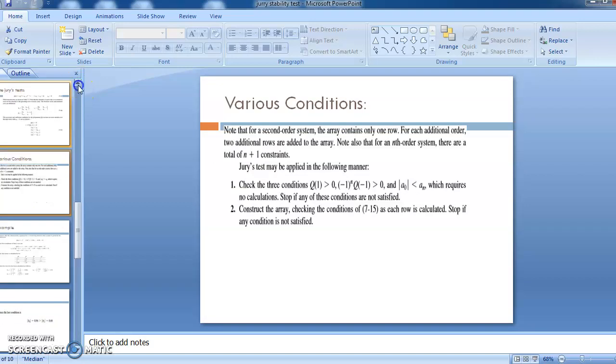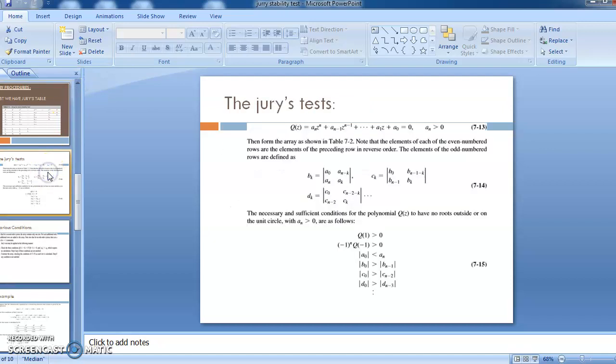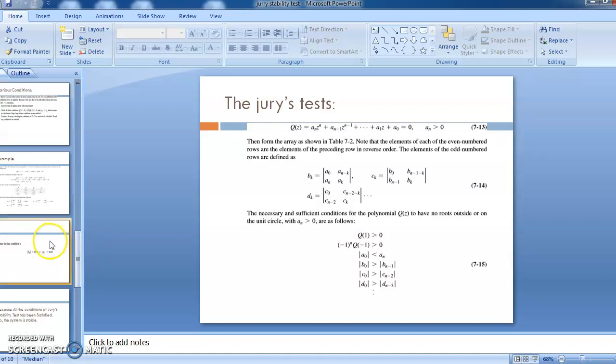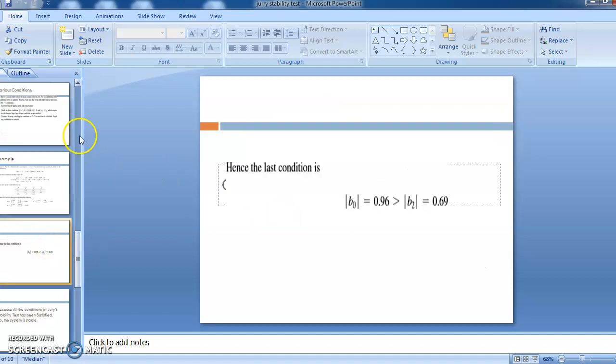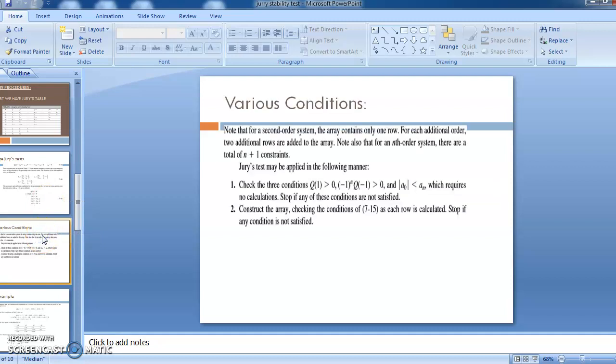So if these conditions are satisfied from the table and from the characteristic equation, then we may be able to say that this Jury stability test shows that the given equation is stable. The given equation represents the stable system. Now, after that,